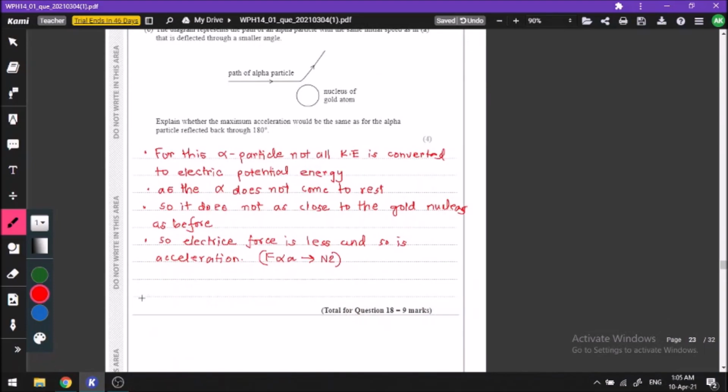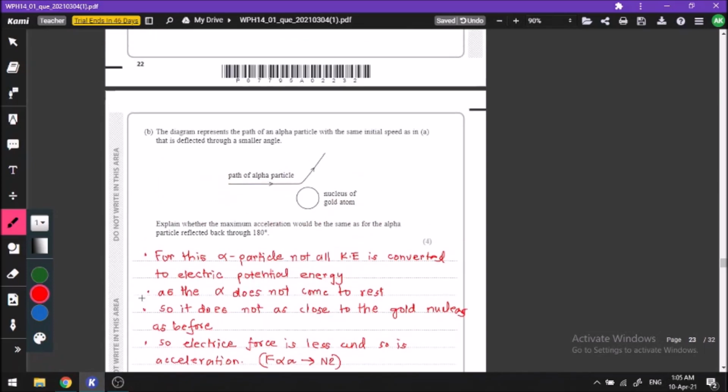Well, here we have another situation where another alpha particle has been fired, but this time the alpha particle has not been fired directly along the axis of the gold nucleus. In your previous example, the alpha particle came directly like this. It came to a stop at this point, and then it took a U-turn, like it just reversed its direction and went back. It never really reached the gold nucleus.